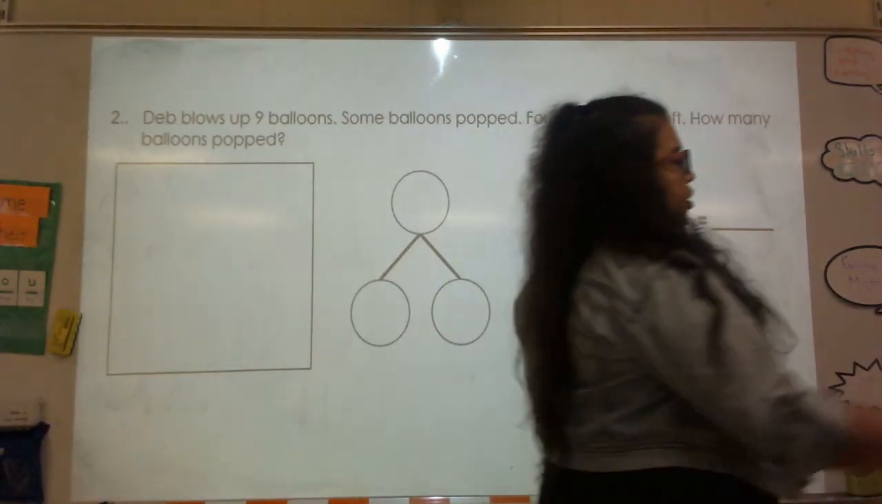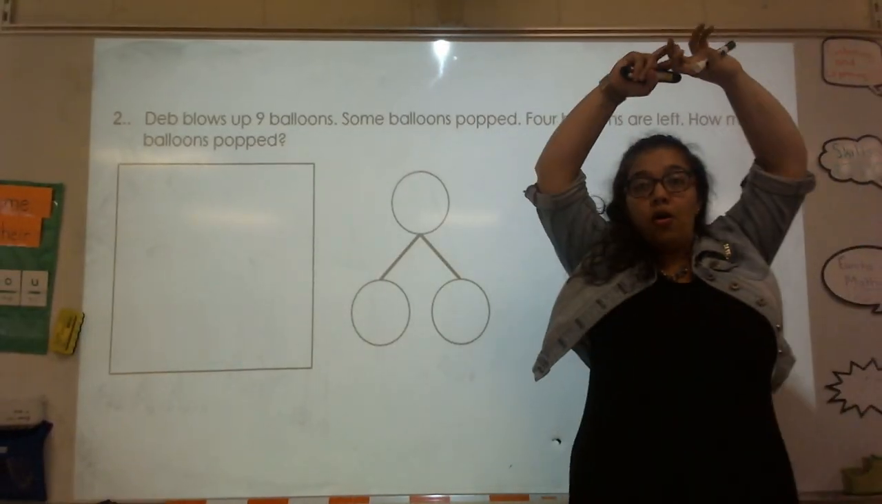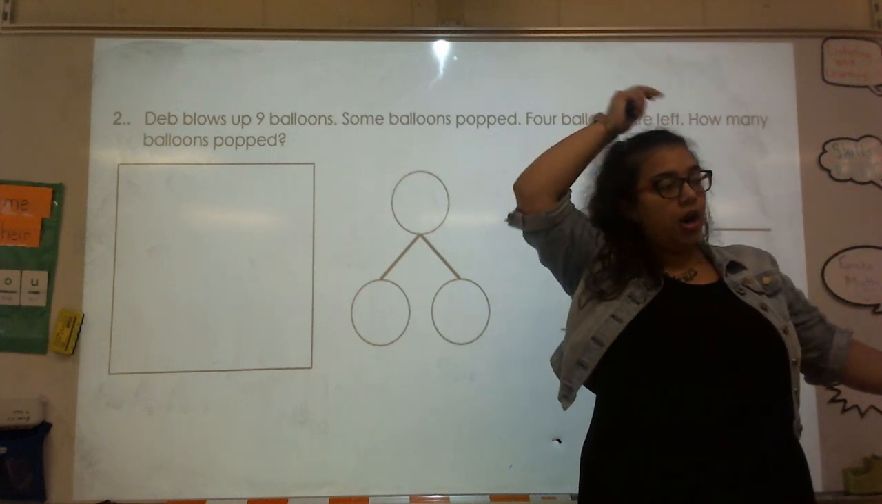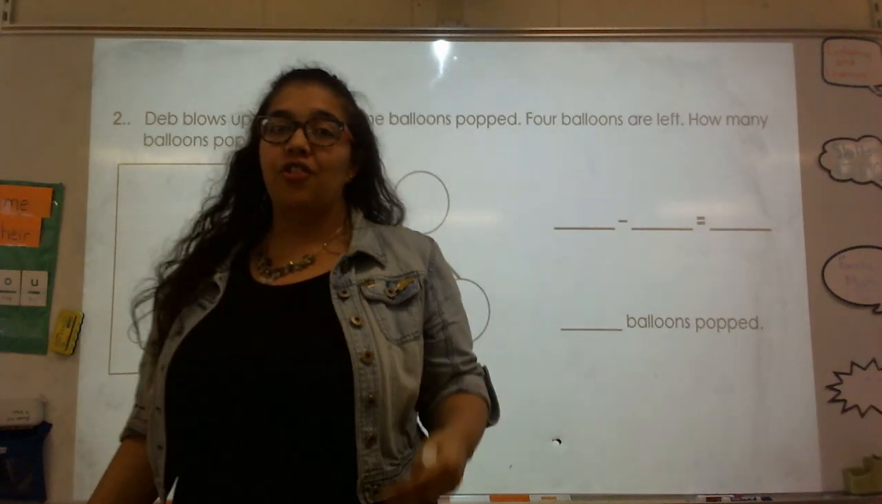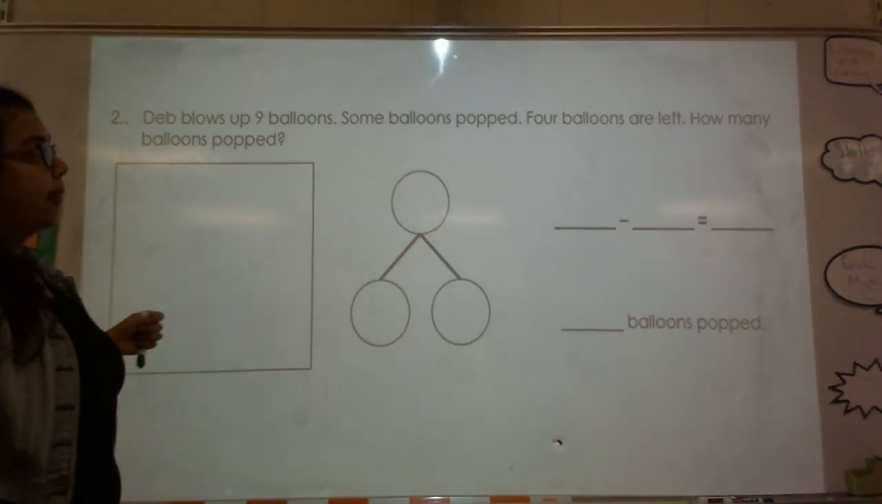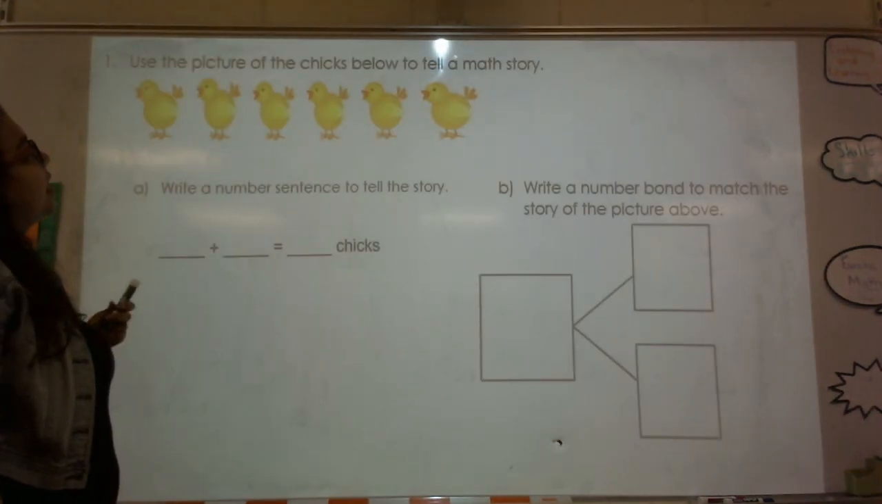So that was a subtraction word problem where we knew the whole and we knew the final part, but we did not know the change. We had to find the change that occurred, what was taken away. All right, here is another